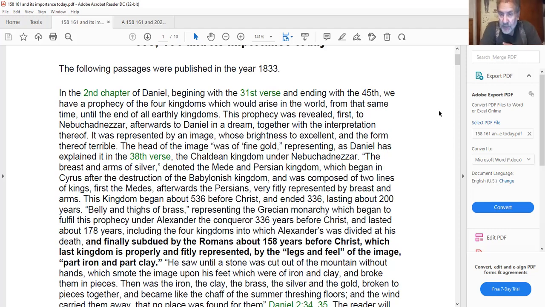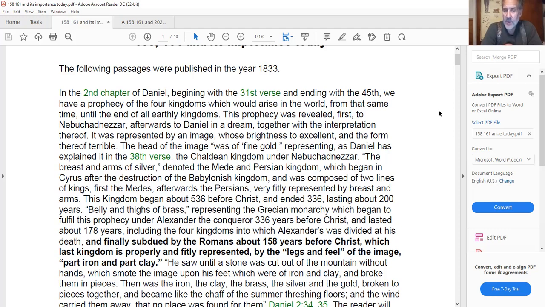The prophecy was revealed first to Nebuchadnezzar, afterwards to Daniel in a dream, together with the interpretation thereof. It was presented by an image whose brightness was excellent and the form thereof terrible. The head of the image was of fine gold, representing, as Daniel has explained in the 38th verse, the Chaldean kingdom under Nebuchadnezzar. The breast and the arms of silver denoted the Mede and the Persian kingdom, which began in Cyrus after the destruction of the Babylonian kingdom and was composed of